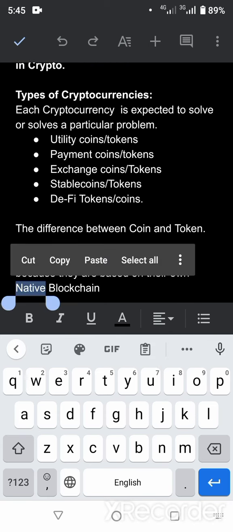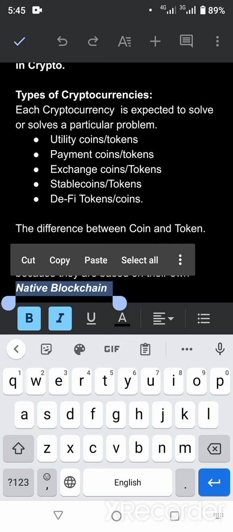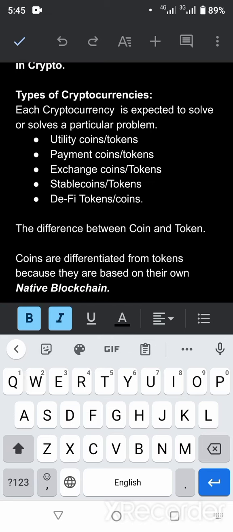Now, emphasis here is on native and blockchain. What this means is, for instance, there's the Bitcoin blockchain, there's the Ethereum blockchain, there's the Binance blockchain, there is Cardano,